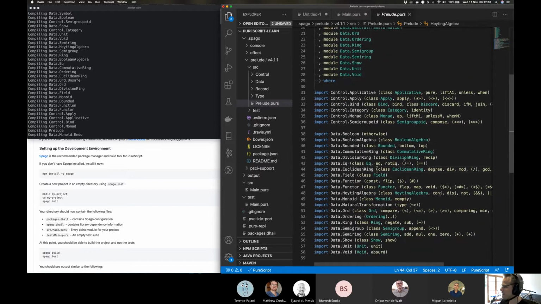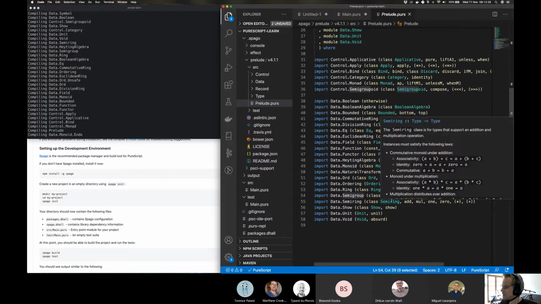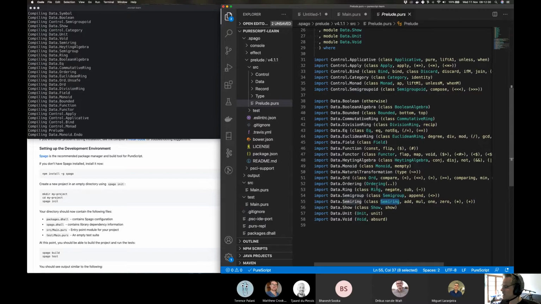So that makes sense. And there's some other scary stuff here, like the word monad. I'm sure you'll see it all over the place, and monoid, semirings and semigroups. Sure, I don't remember this stuff, but these are Haskell-y things as well. Yeah, rings, semirings, semigroups. These are category theory related things. But check it out.